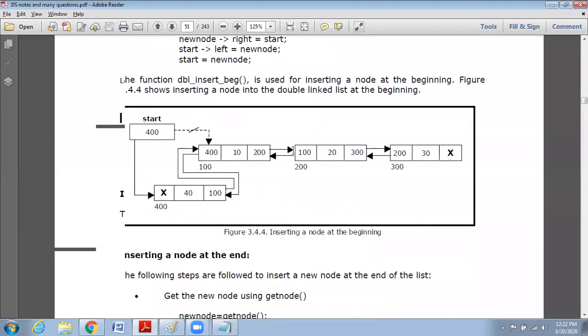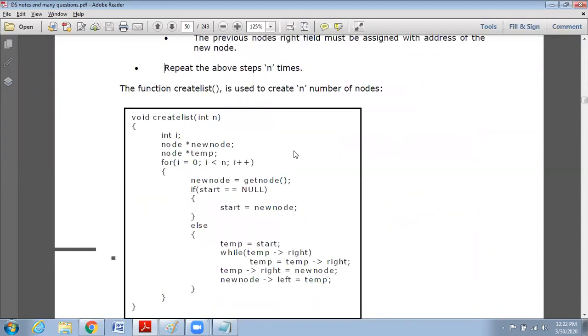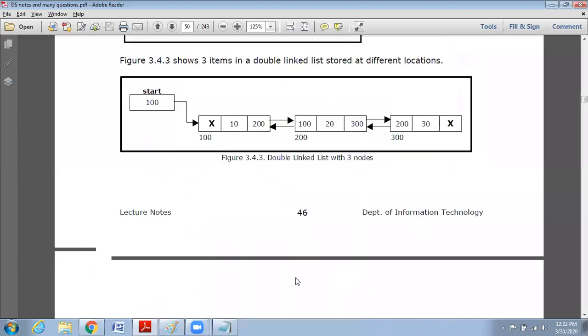So we'll see how we can create, how we can append at the end. Before that, you want to create n number of nodes, the same way you have done in the singly linked list. You have to read n, how many nodes you want to create, and call this get node method to create a new node. And you check whether start is null. Obviously, it means that should be the first node. Else, you have to reach the end, then do the necessary changes. We'll see with one example, so we'll understand better.